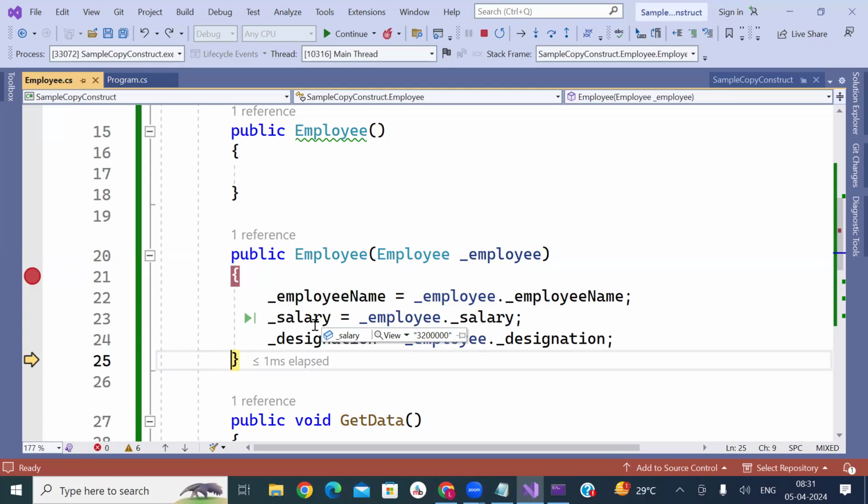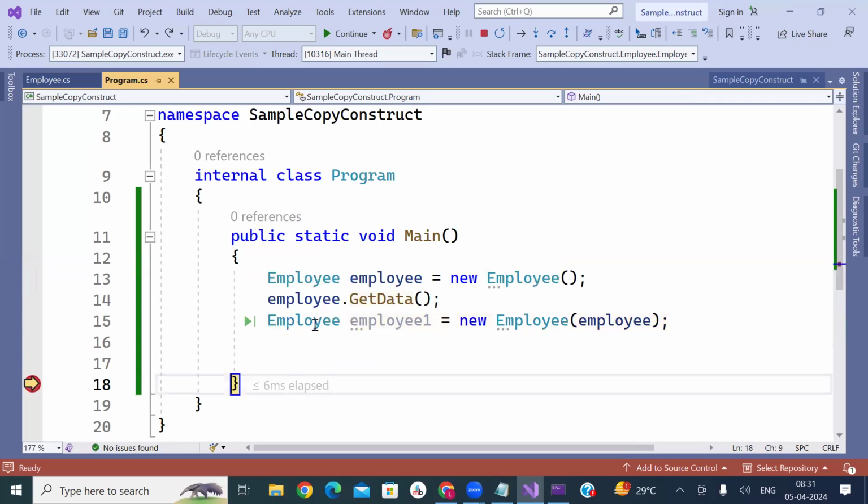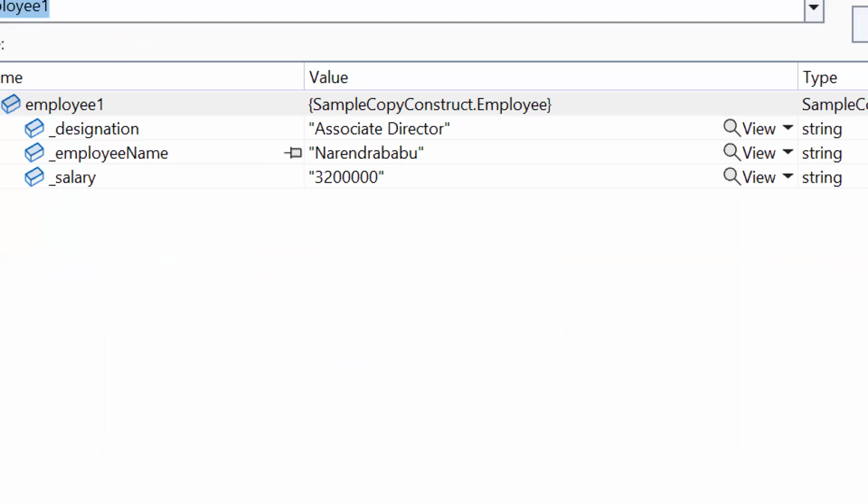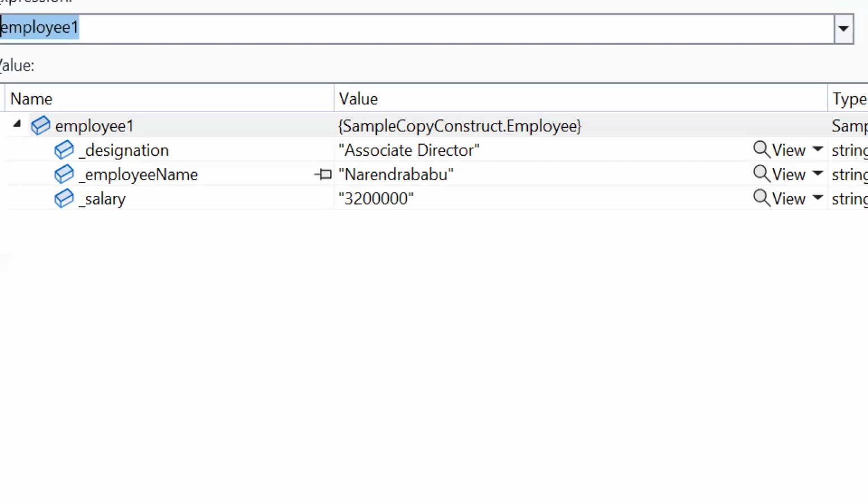I got my point. Whatever object you are passing, the older object as the constructor parameter, that value will be taken and assigned to the new variable. I got my point. And that value will be available in the new variable which I created. You got my point? So I made a copy constructor here. Now, with this particular object,